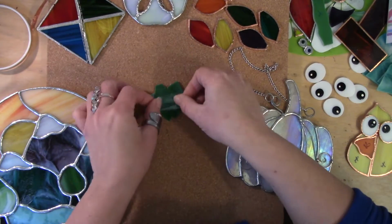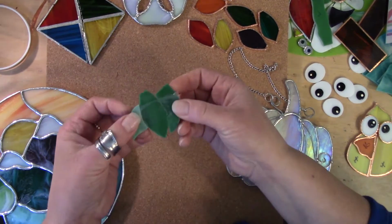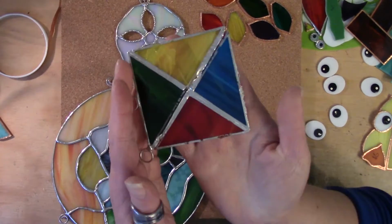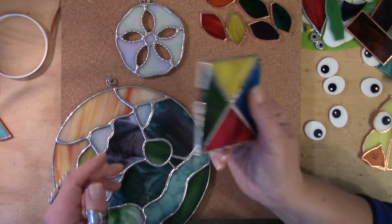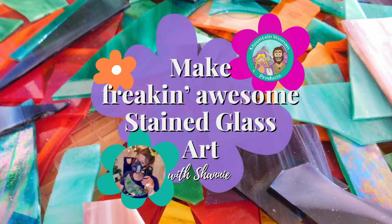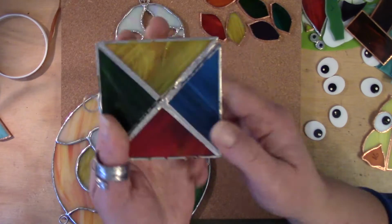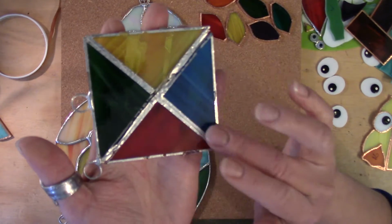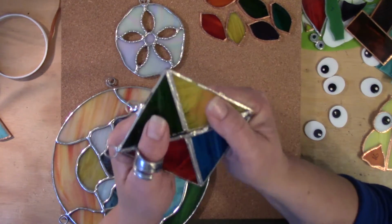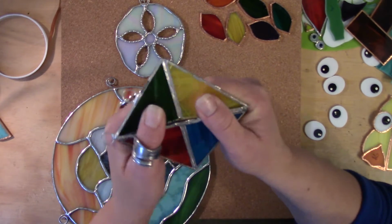You wouldn't just try to use a piece of tape to hold your stained glass project together, would you? That's basically what you're doing if you are only tinning your pieces and not fully soldering. Tinning is putting a super thin layer of solder on your foil, and it does absolutely nothing for structural integrity